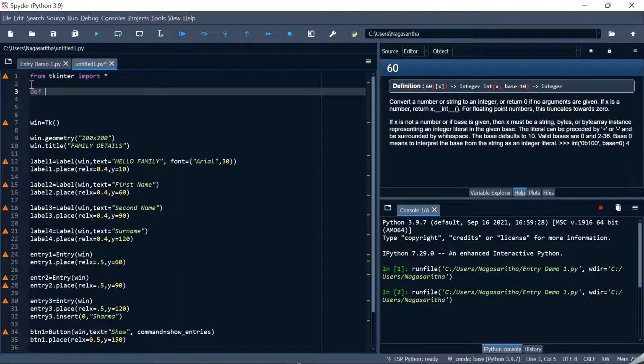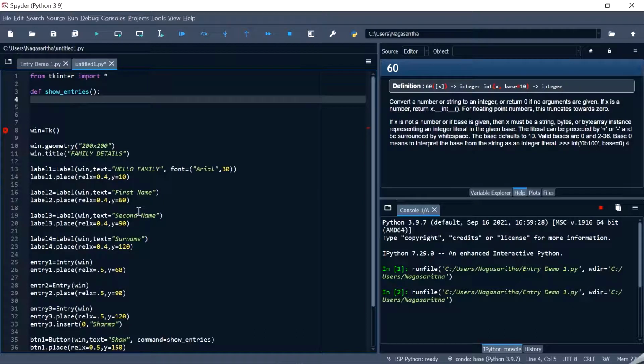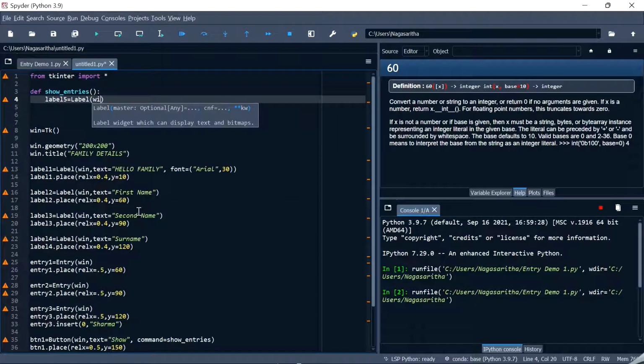So we have to say def, and the command for button 1 is show entries. This particular show entries function gets called when we click the button. So I have to say show underscore entries. So this is the function. Then I have to give a label, say label 5, because we have taken till 4. So let me take label 5, label, place it in the main window, text equal to